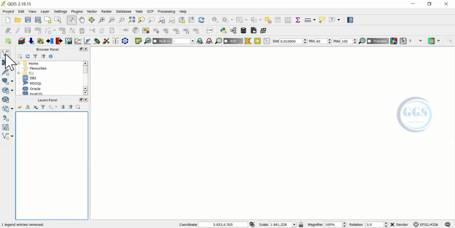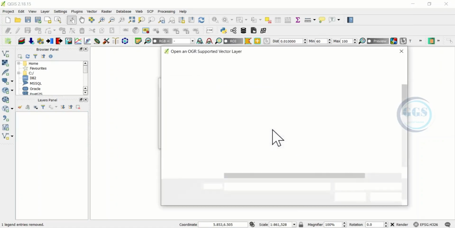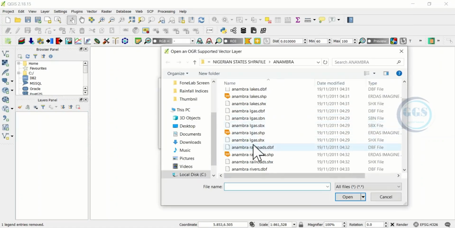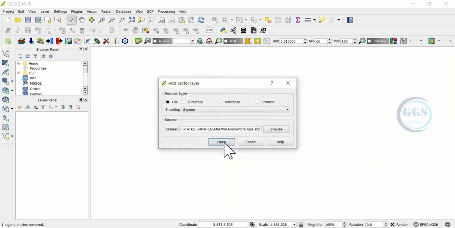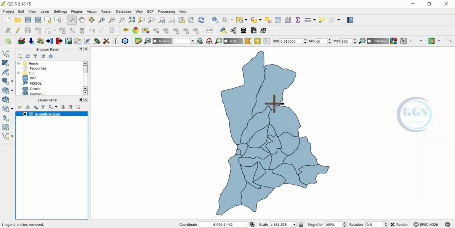So to do that, click on Add Vector Layer. Let me navigate to my working folder and bring in any of this data. I'll click on it and click on Open. Then I'll click on Open. You can see a warning here that CRS was undefined, which means the coordinate reference system of this data is